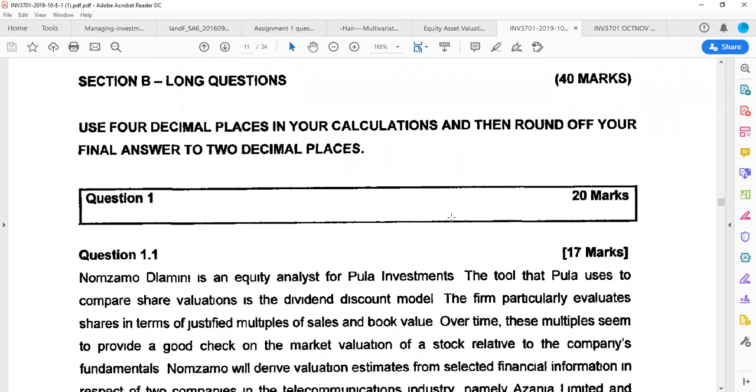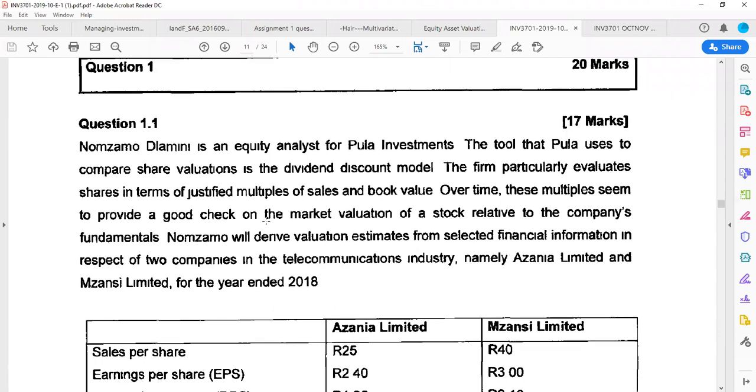We've been told to use 4 decimal places in our calculations and then round off the final answer to 2 decimal places. That's always important for accuracy. For question 2.1, the first question, we've been given an equity analyst, and we've been told that this equity analyst